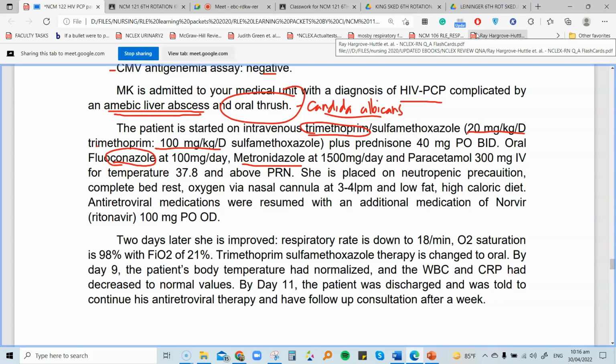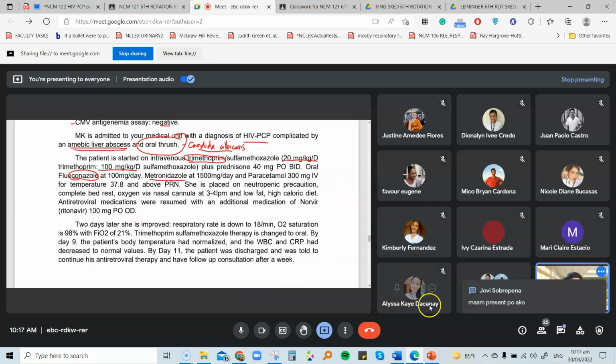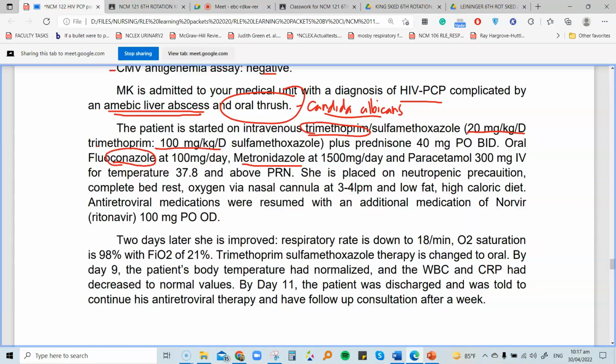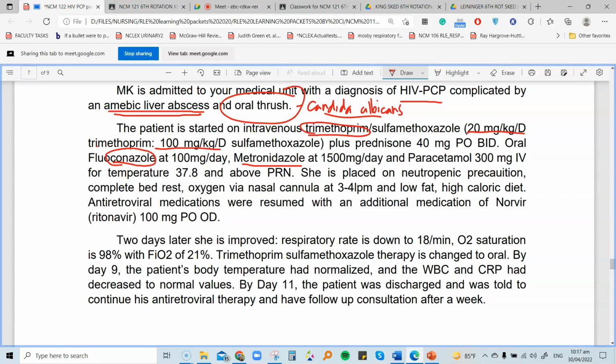Okay. What is the classification of your metronidazole? Miss Sobrepenya, yes. Noted. Hoy! Babalik kita sa pharmacology. Mali! Metronidazole is not a corticosteroid. May gulay ka. Any volunteers who would like to answer the question? What is the classification of metronidazole? May gulay. Your prednisone is a corticosteroid, but never your metronidazole.